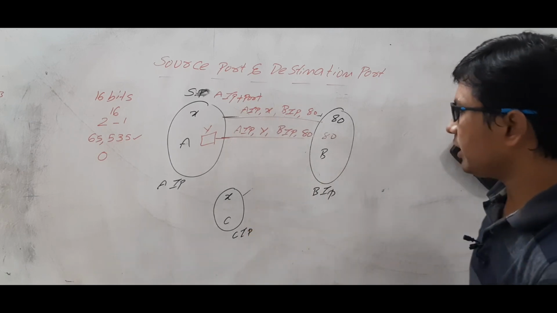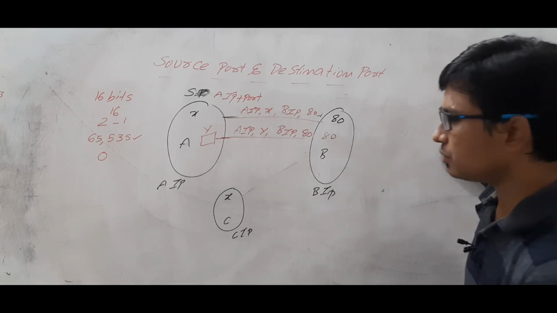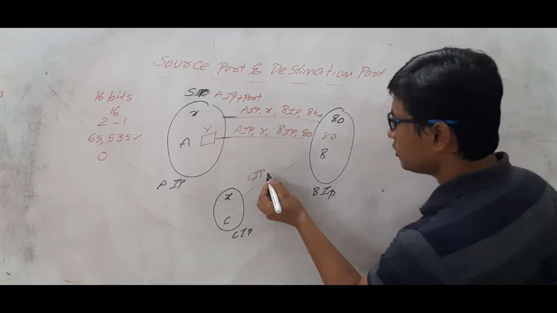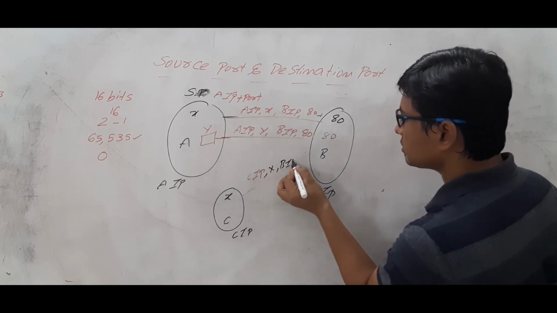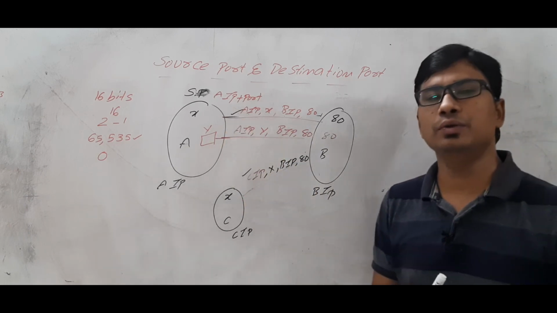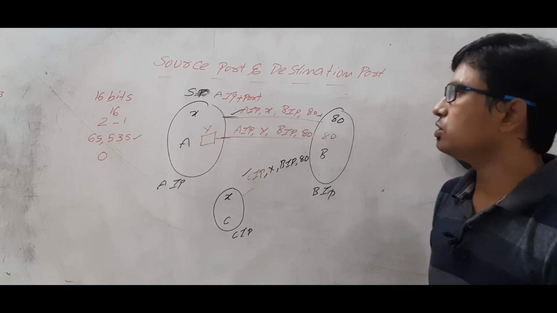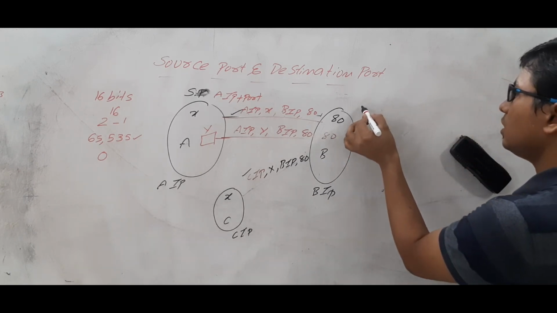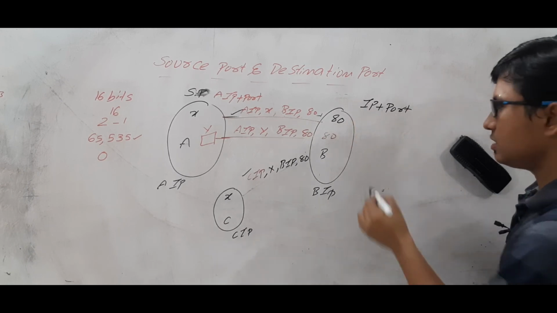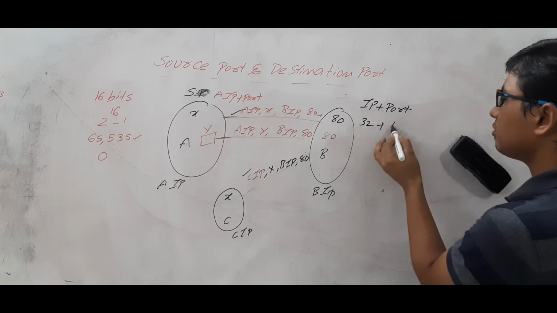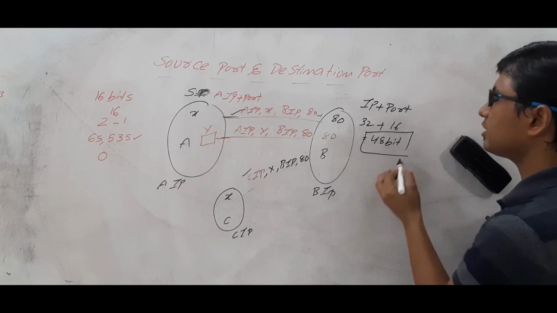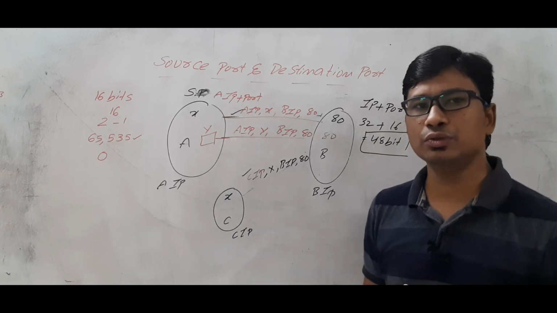Is it clear? If you take this one, what will be the value? C's IP address will be there at the source, and this value will be X, and B's IP address will be there at the destination, and you have 80. These two communications can also be uniquely identified. Am I right or wrong? So people started using the IP address plus port number. IP address is how many bits? 32-bit, and the port number is 16. So in total we are using a 48-bit number to uniquely identify a communication from source to destination.